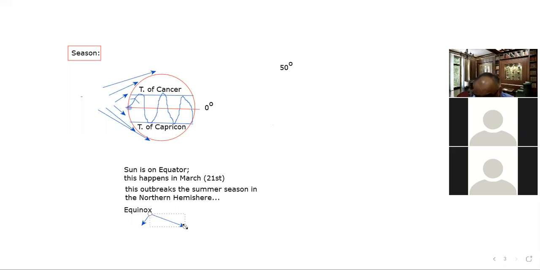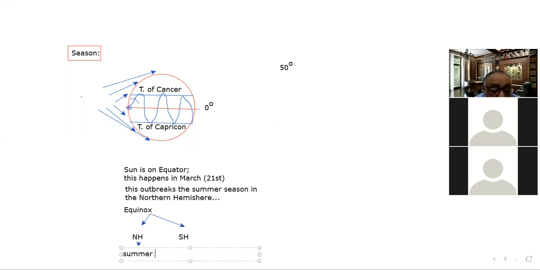Is it clear? Now this equinox will be in the northern hemisphere also, and this equinox will be in the southern hemisphere also, because this day will happen in both the hemispheres. So this is the point. If it is in the northern hemisphere, at this point of time of the year, this will be known as the